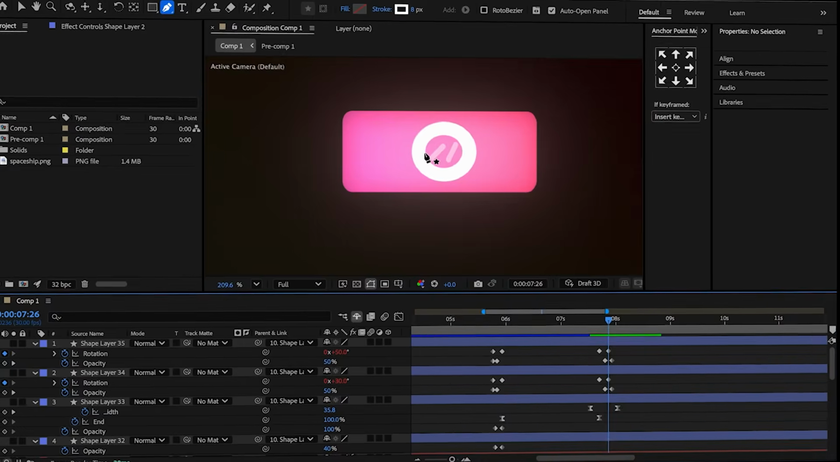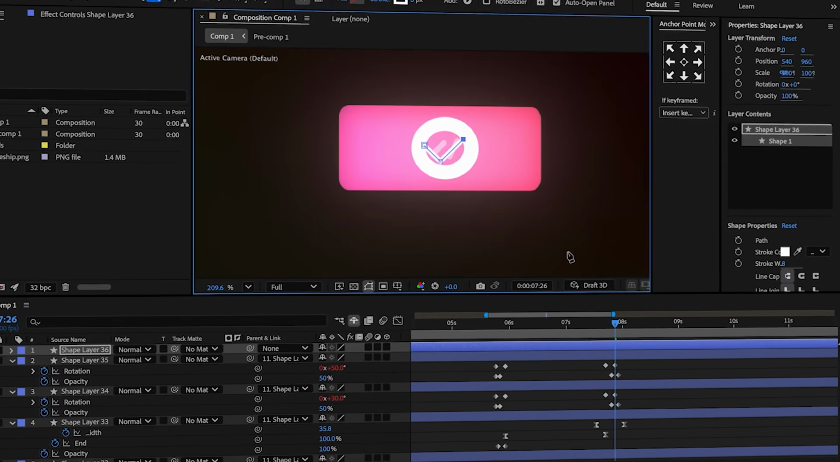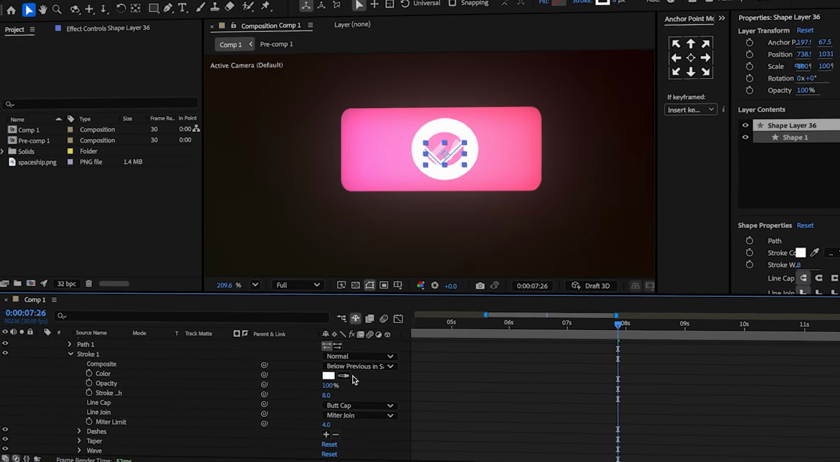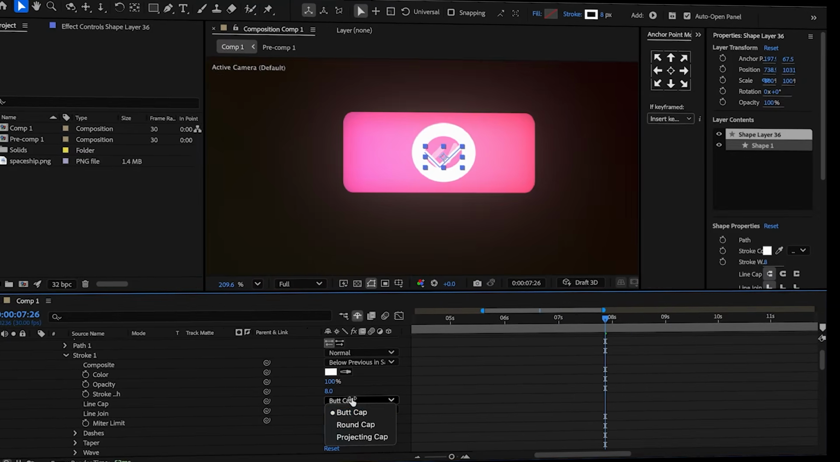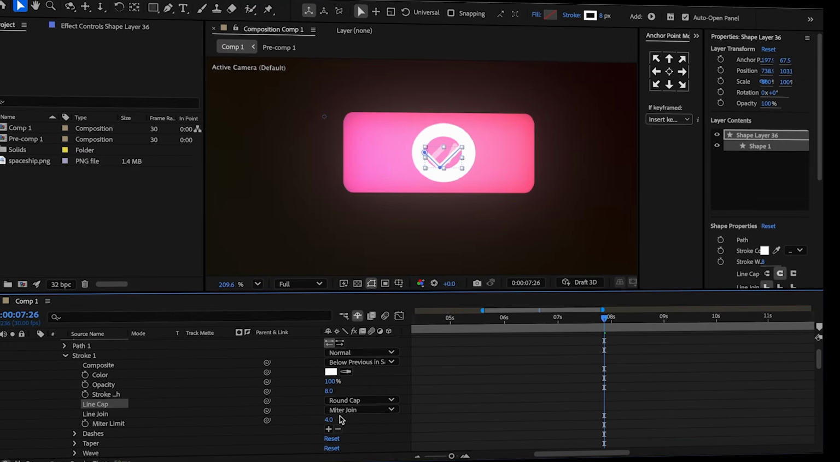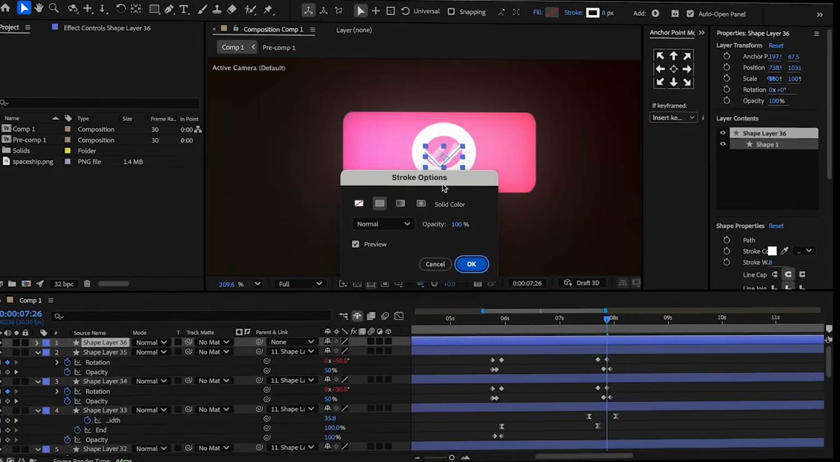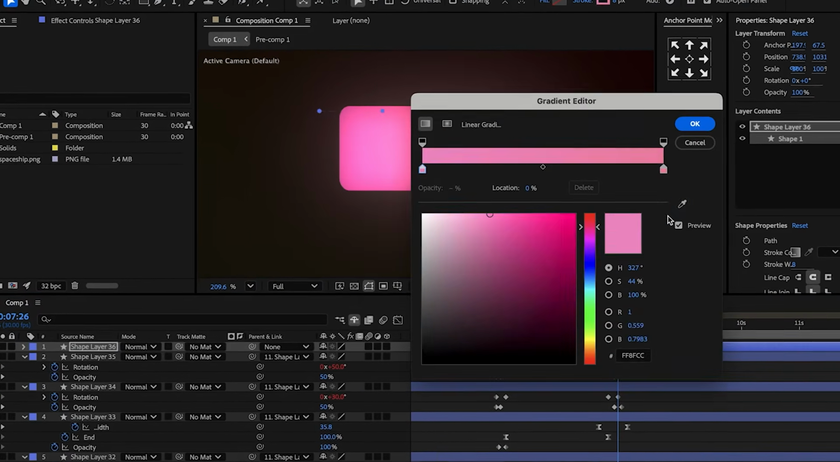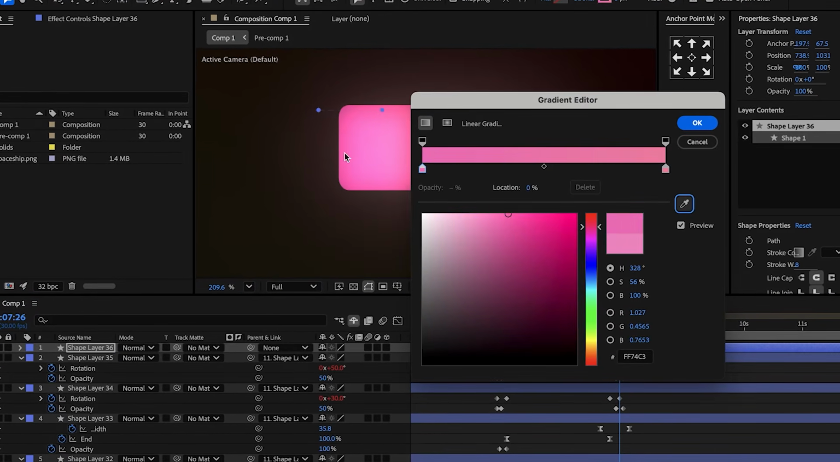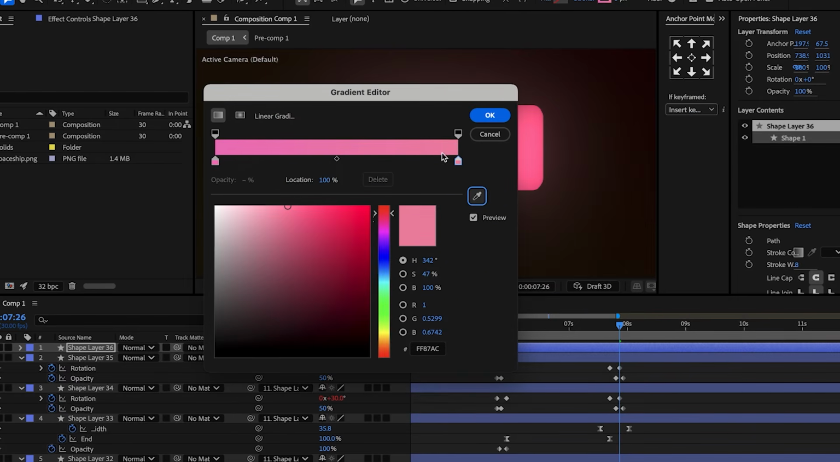Using the pen tool, create a V shape in the center of the circle. Center the anchor point. In the stroke setting, change the line cap to round cap and the line join to round join to create rounded edges. Change the stroke to linear gradient. Sample the first color from the left side of the rectangle and set the second color from the right side